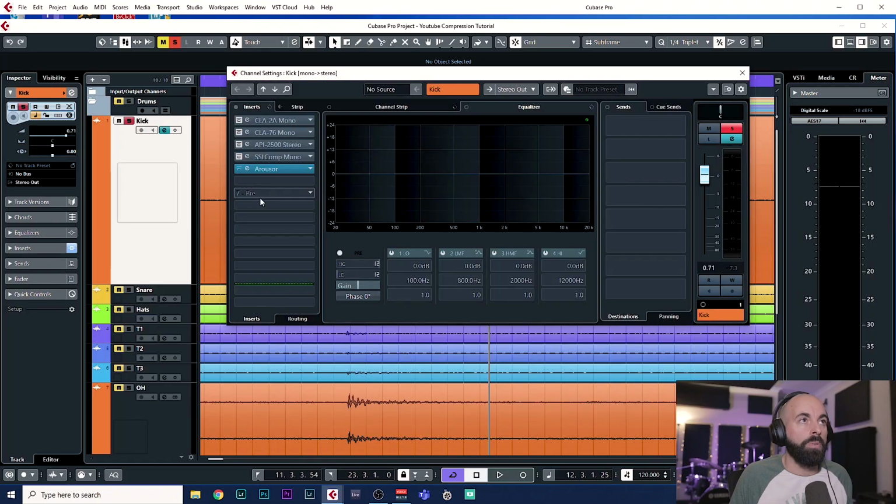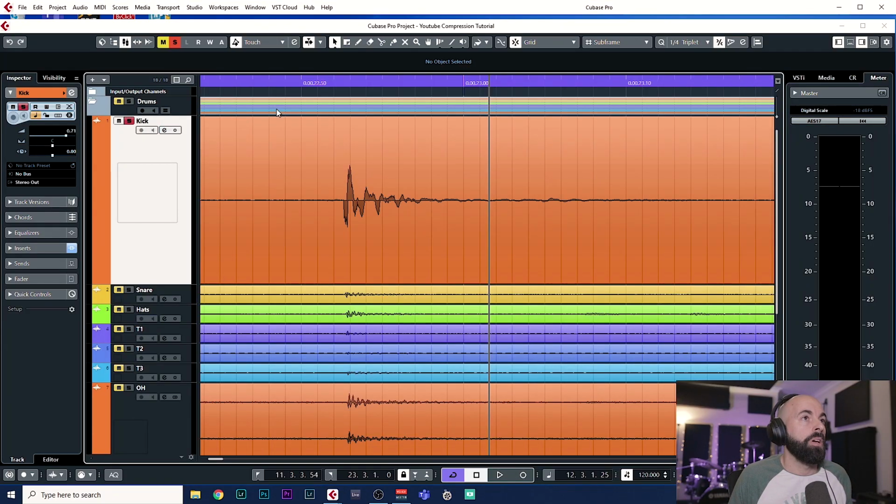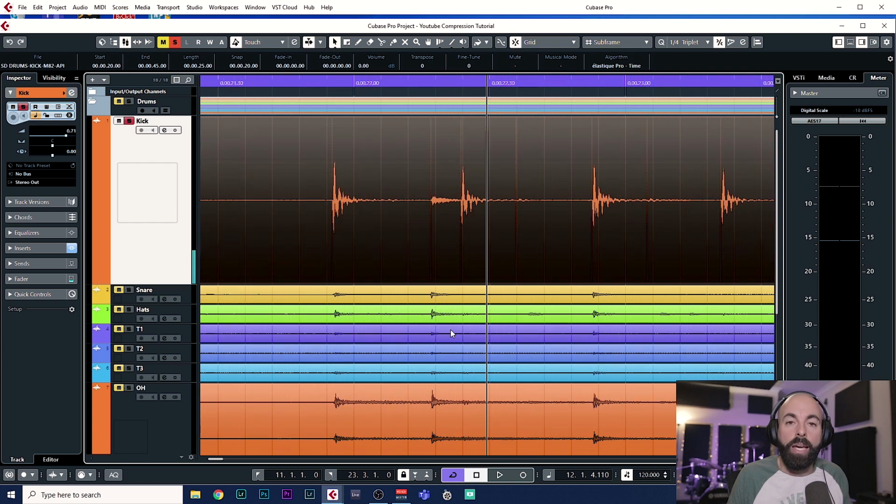And what that effectively does, by bringing down the initial transient, is remove some of the attackiness of that kick drum. And then by holding on to the resonant frequencies that happen later on in the kick drum, it turns them up and makes it sound a bit bigger and beefier, and you get more of that low end. So you can change the timbre of a kick drum by affecting the ADSR of that kick drum, okay, the sound envelope. So what we'll do is we'll have that compressor on, and we'll export,